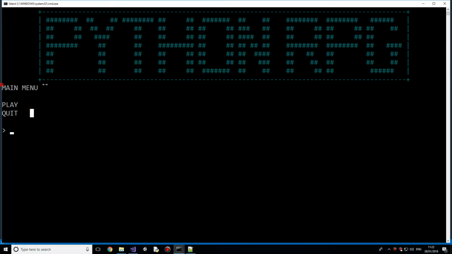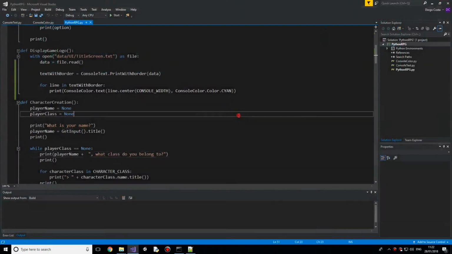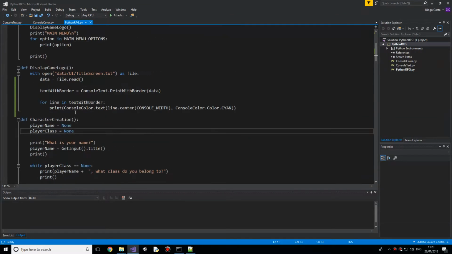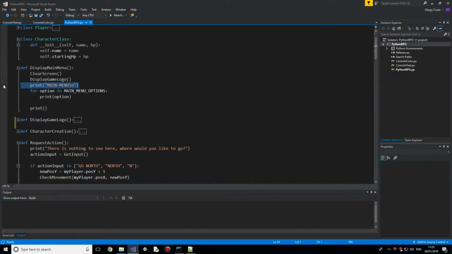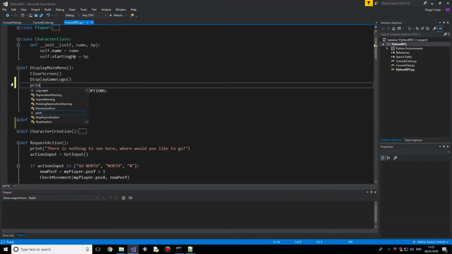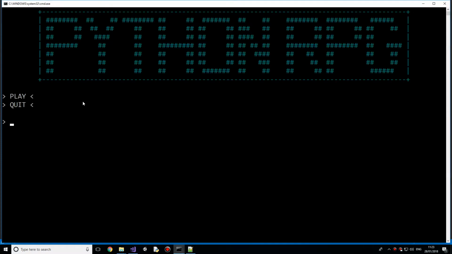So yeah, we probably want to move also some of the stuff over here. So we've got here main menu. Maybe we should move that. Play and quit. So what we're probably going to do is, if I close off some of the stuff, display main menu. Let's go. Maybe we'll get rid of the main menu. Display. We might say over here print option. Let's print it as this. Now we can do this over here. Like that. There we go. We can do that. And then